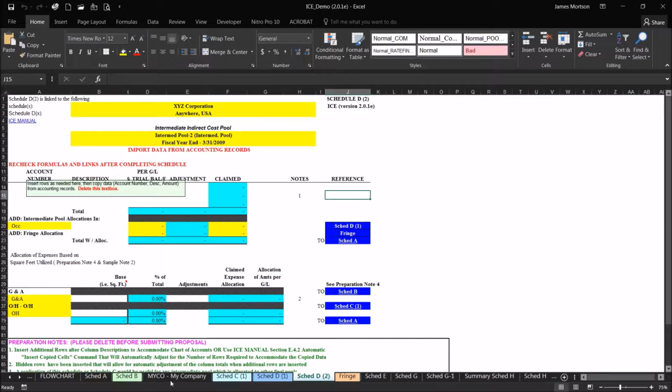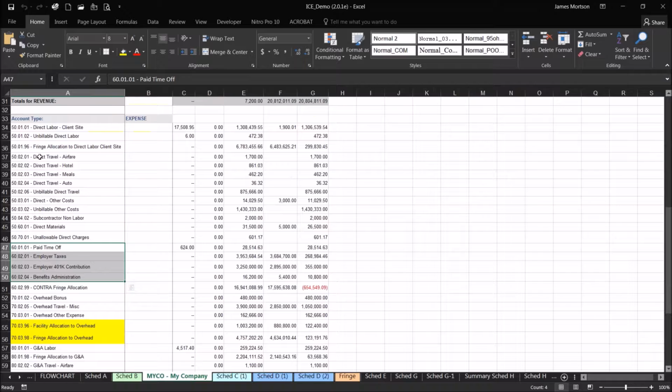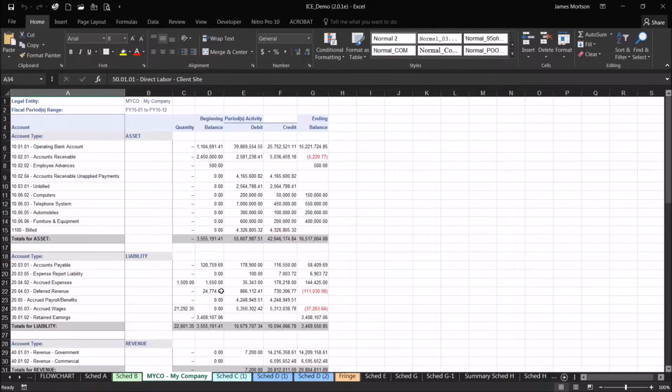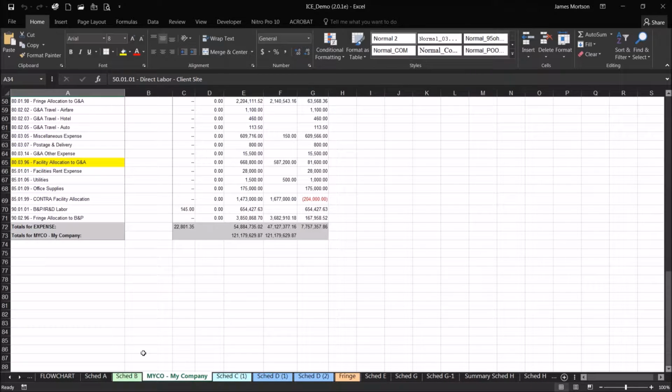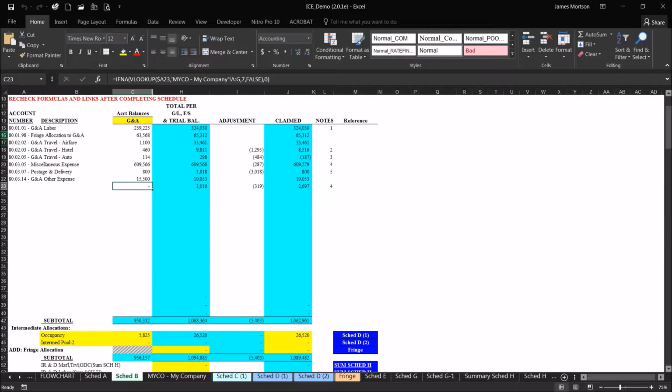So I do have an example here. Here's where I dumped the trial balance. You can see I've got my company's trial balance, assets, the whole kit and caboodle from the trial balance. I didn't segregate the costs out. You don't really need to, because in order to complete my schedules, all I need to do is reference the particular lines that these come